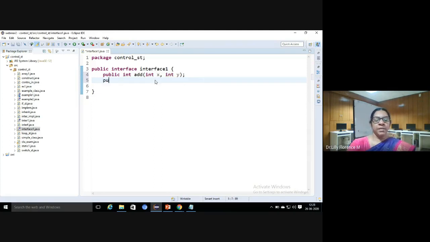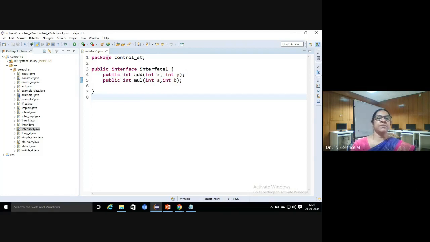And I am creating another method called multiply. The functions we repeatedly use in all the classes, we can define as an interface, and that can be implemented wherever we want. So I have defined two methods here, add and multiply. These are abstract methods.